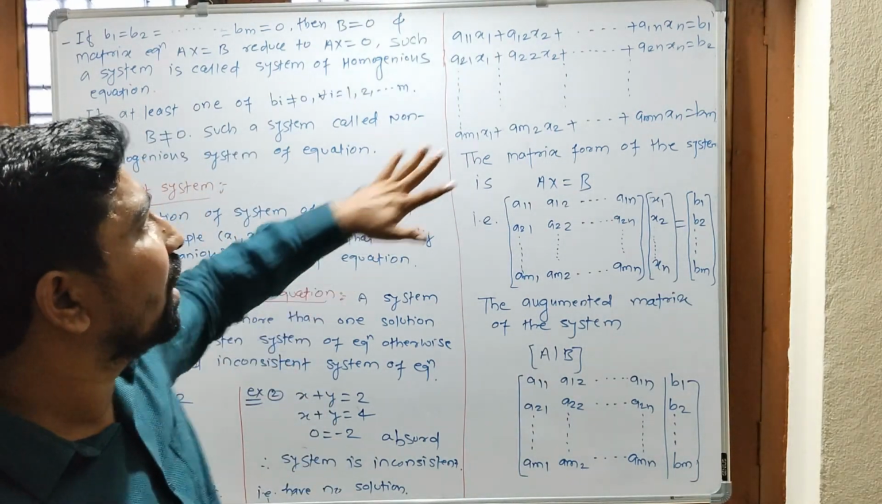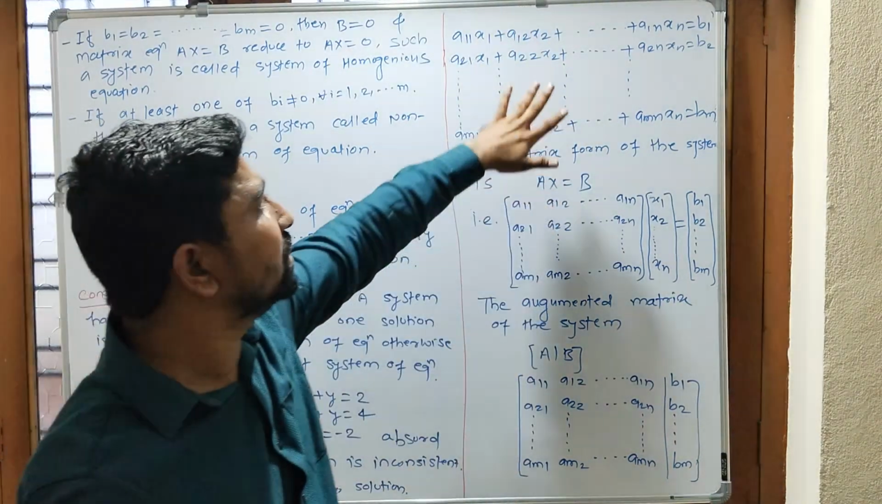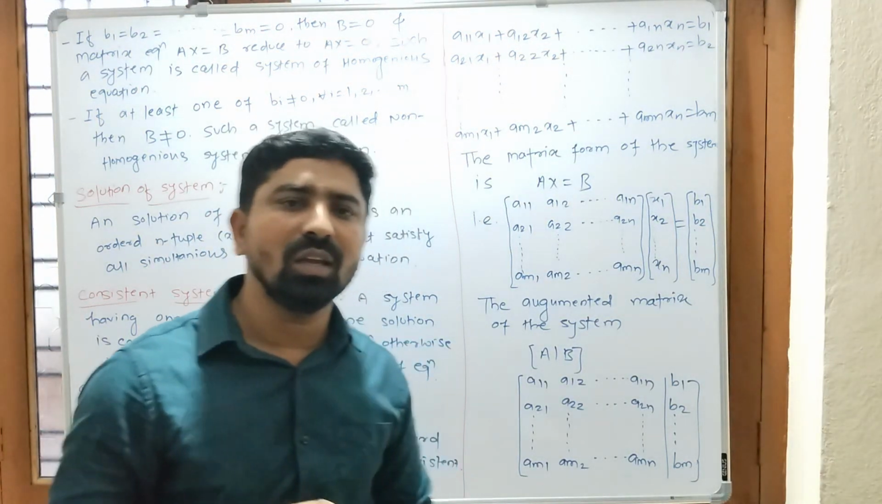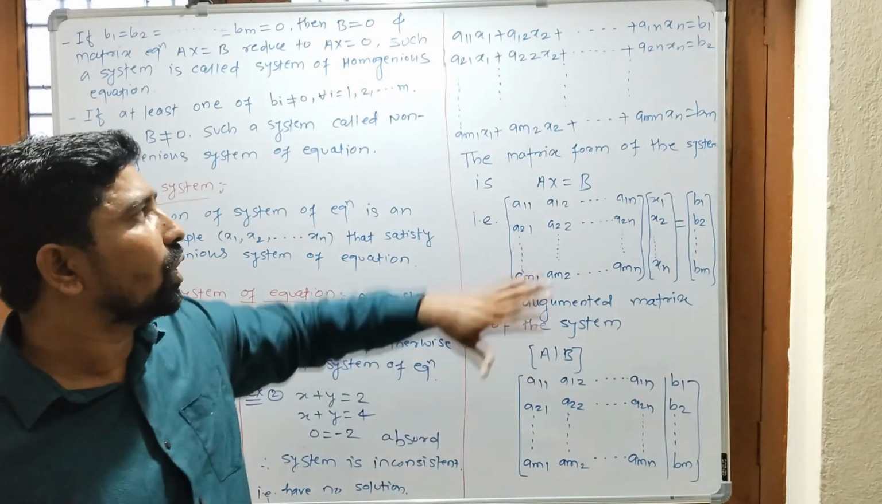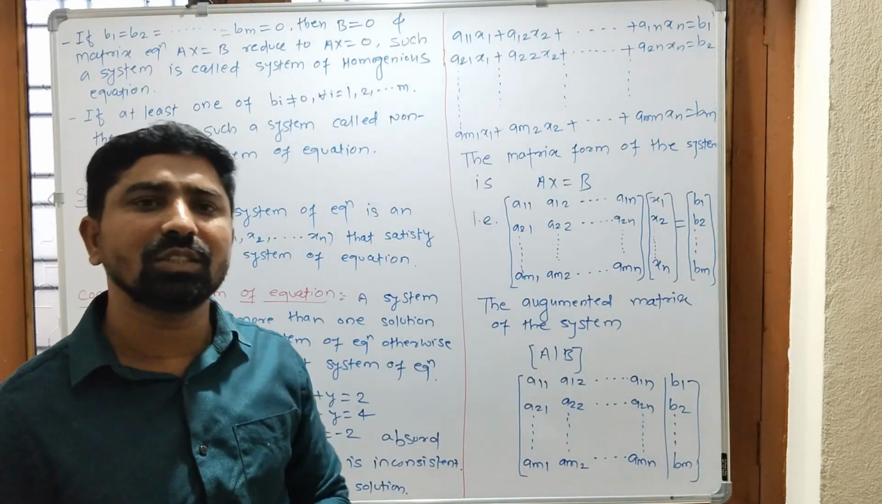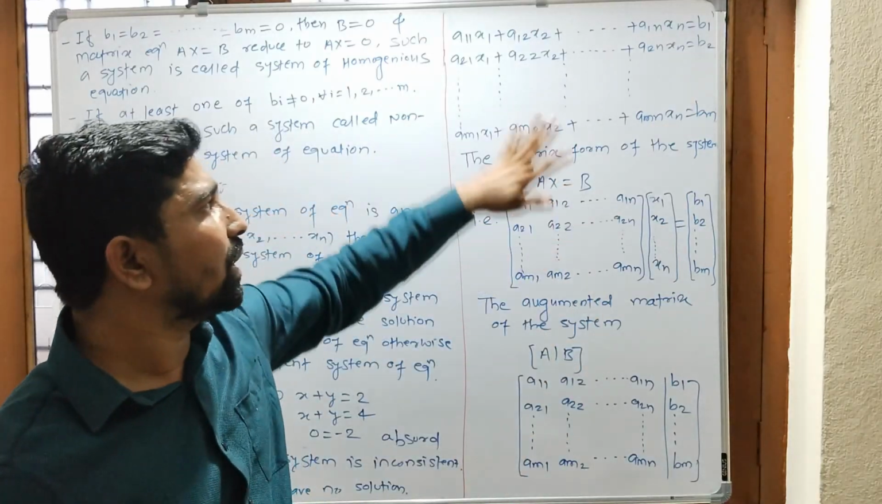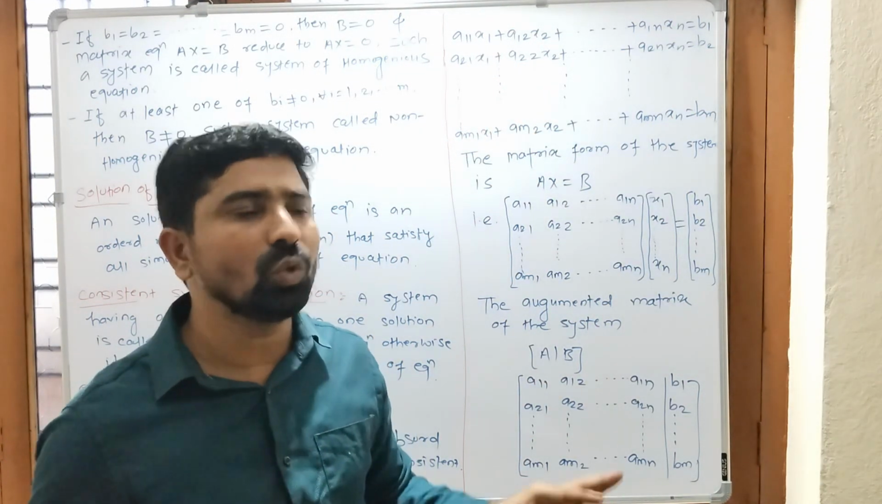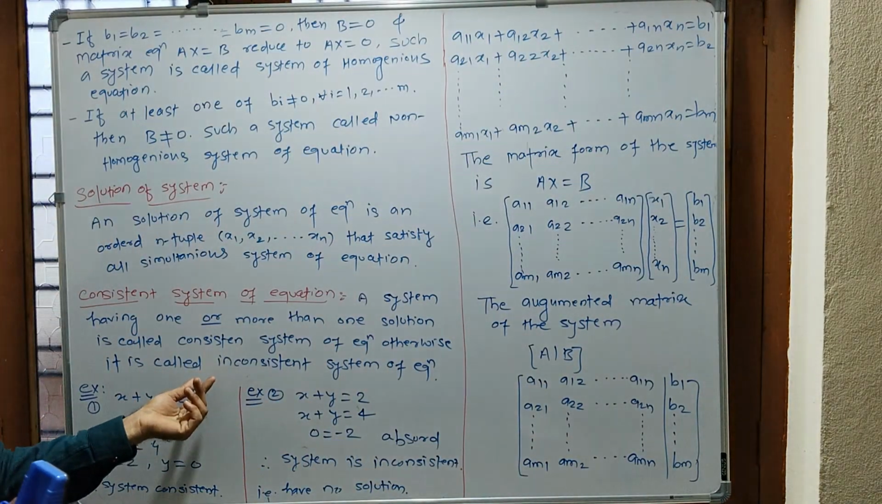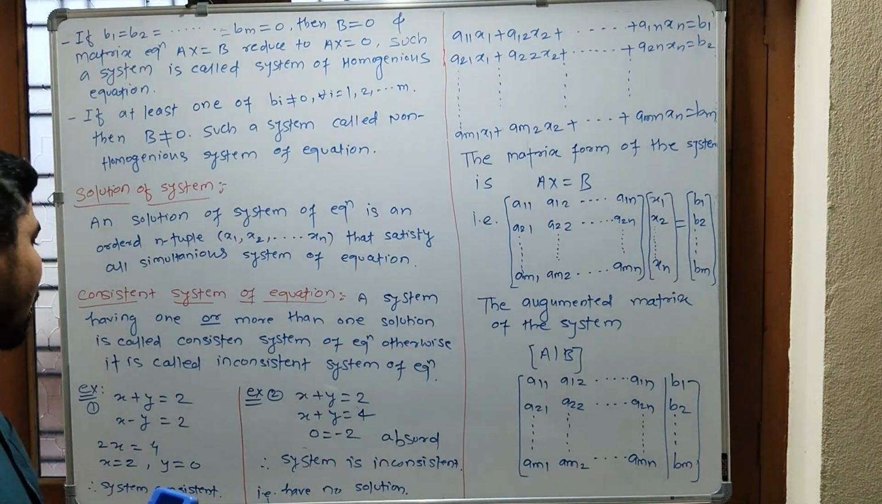इसका मतलब ये होता है कि अगर हमारे इस सिस्टम को एक सॉल्यूशन है या एक से ज्यादा सॉल्यूशन है तो हम इस सिस्टम को कंसिस्टेंट सिस्टम ऑफ इक्वेशन बोलते हैं। अगर हमारे पास कोई सिस्टम है जिसको एक भी सॉल्यूशन नहीं है तो ऐसे सिस्टम को हम इनकंसिस्टेंट सिस्टम ऑफ इक्वेशन कहते हैं।